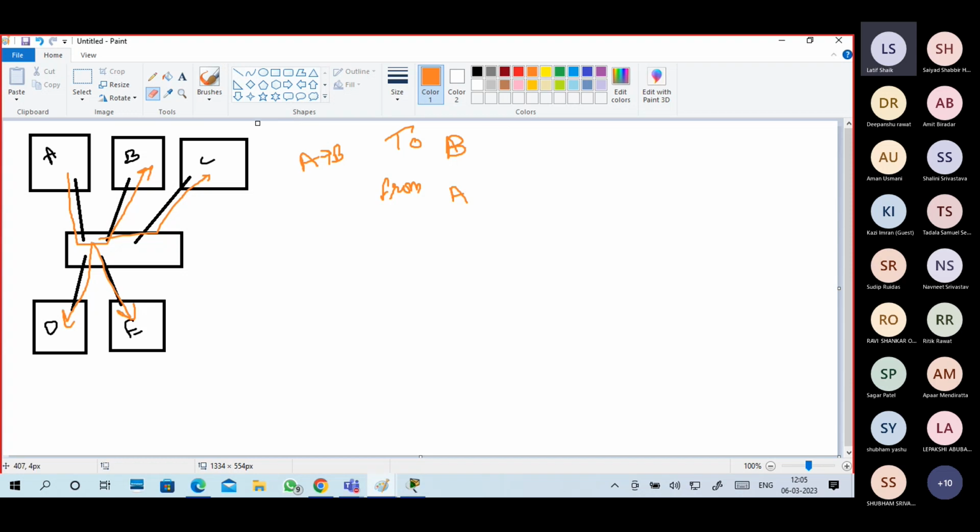Okay, guys, a packet always travels like this. So when B receives, it will verify: is it my MAC address? Is it my IP address?